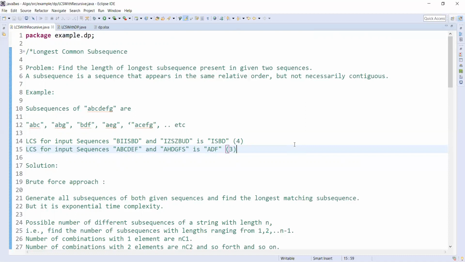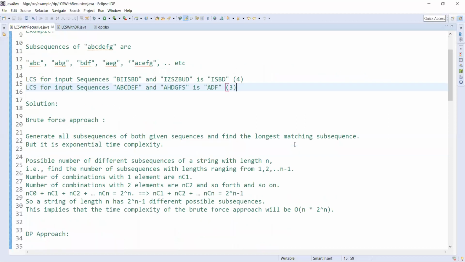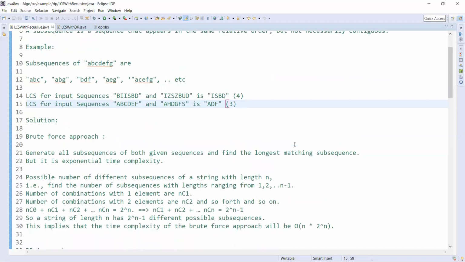Then we keep track of which is the longest one, the one with the maximum number of matching characters in both common subsequences. We take that as the longest one, and then we can simply calculate the length. This is a very brute force approach, and it has exponential time complexity.